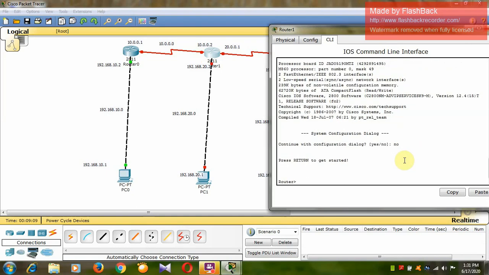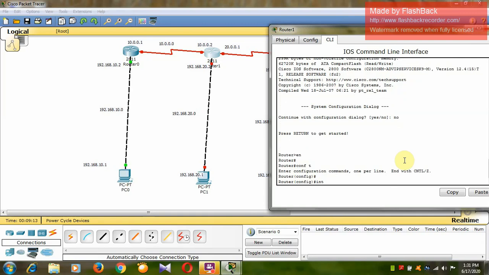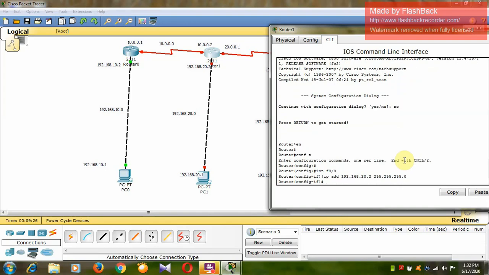Enable, configure terminal, interface F0/0, IP address 192.168.20.2, which I have taken here, 255.255.255.0 and no shut.